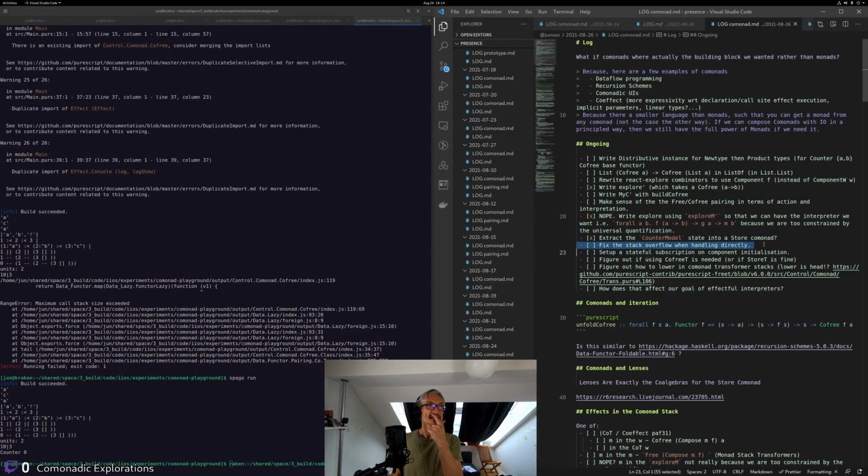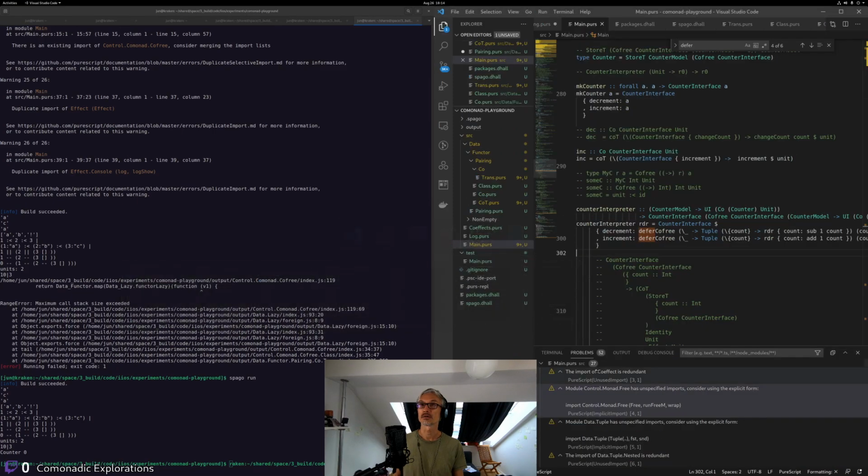All right. So what did we write earlier? Yes, we had a Stack Overflow. So where were we? Let's take a quick look at our code. We were in a playground, so using Node.js to try and do some basically design of how we want our Comonads to work for us. And so we did this,